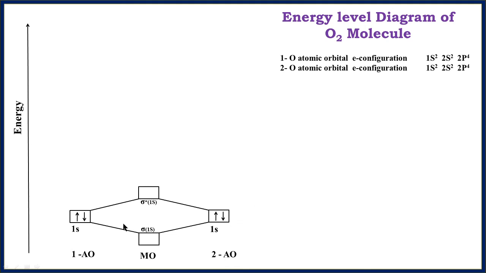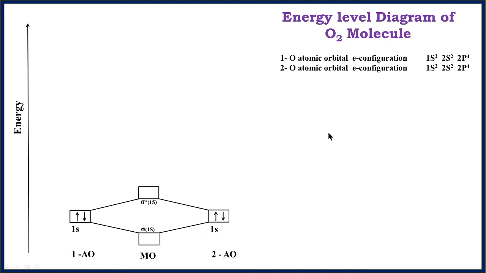Now we already know that these atomic orbitals have 1s2 electronic configuration because they come from the oxygen atom, which has 1s2, 2s2, 2p4. The first oxygen atom has 1s2, and the second oxygen atom also has 1s2. Now these two atomic orbitals overlap and form molecular orbitals. So during the formation of the molecule, these total 4 electrons should get filled into the molecular orbitals. Now let us see the pattern of filling of the electrons in the molecular orbitals. These 4 electrons should get filled into the molecular orbitals in the shown order.